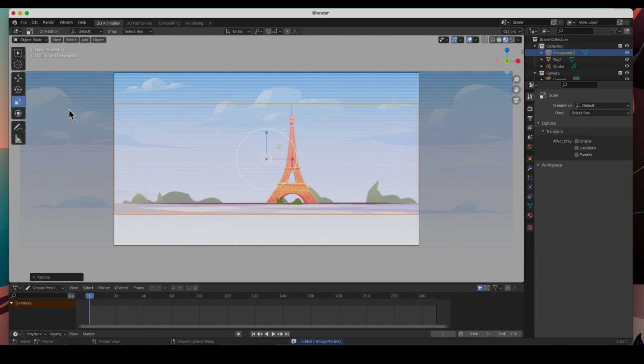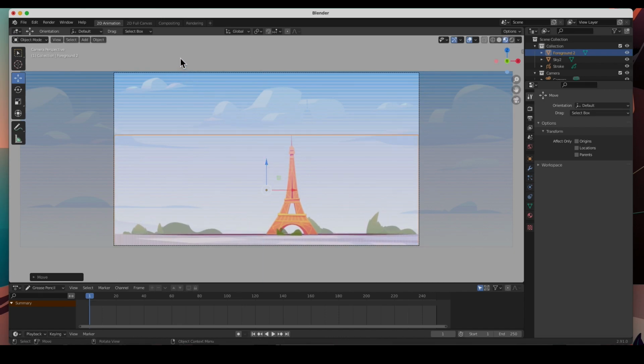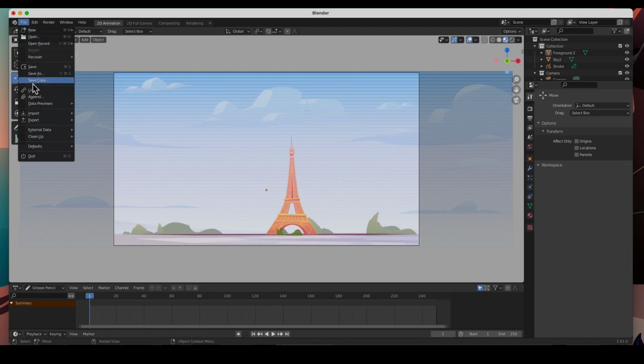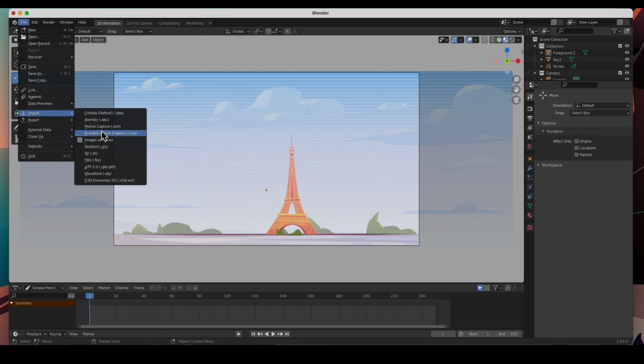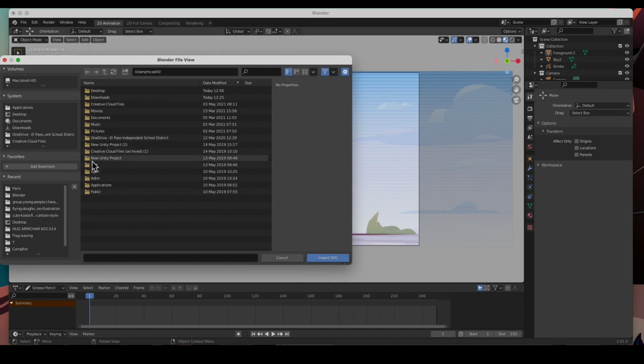Scale it and move it. That's the second part. Third part, let's import the guy. This one we're not going to import as an image, because he's not a PNG. We don't import as images as planes. We're going to actually import as a scalable vector graphic.